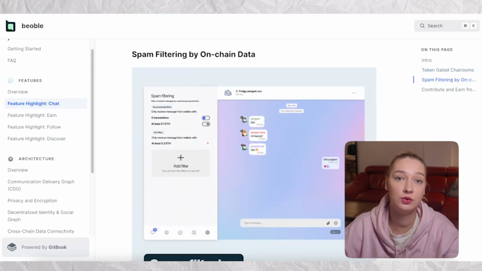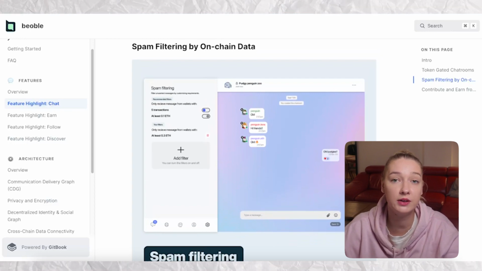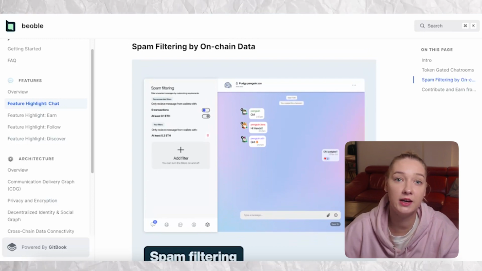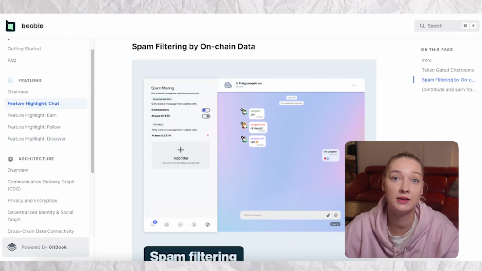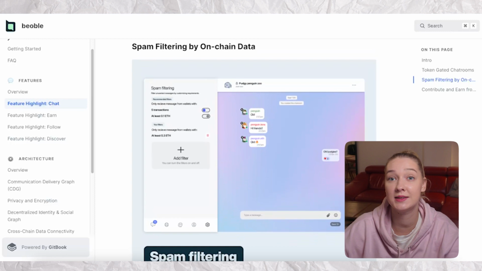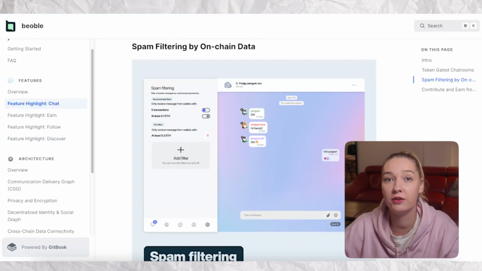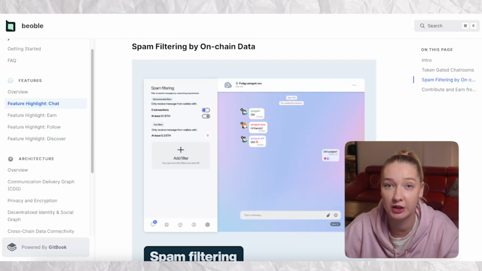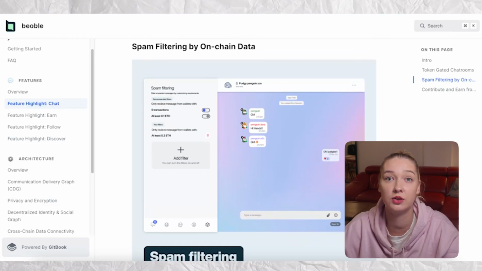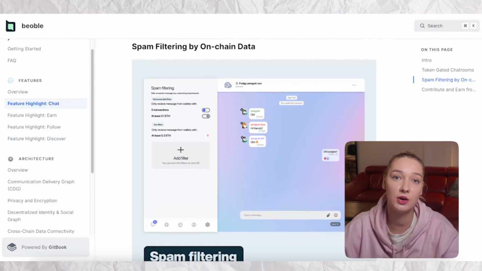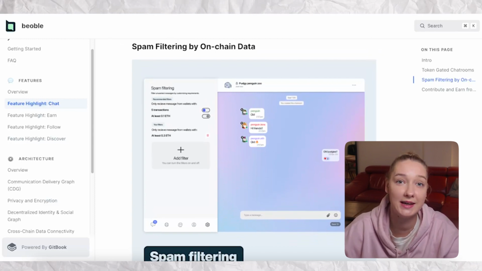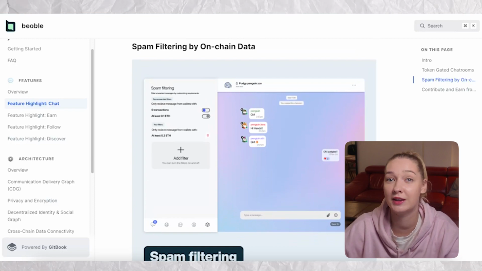The awesome part is that you can use the token transaction rule to filter spammers or scammers from DMing you or inviting you to weird group chats. Methods are exactly the same, so you can potentially set it in a way that only someone with at least half an Ethereum in their wallet and 20 transactions can send DMs. So this feature adds a whole new level of security and control to your messaging experience. By leveraging tokens and transaction rules, you have the power to customize your settings according to your preference and security needs. It's empowering to know that you can tailor your communication environment to suit your individual requirements, helping you to stay safe and focused on meaningful interaction within the Web3 space.